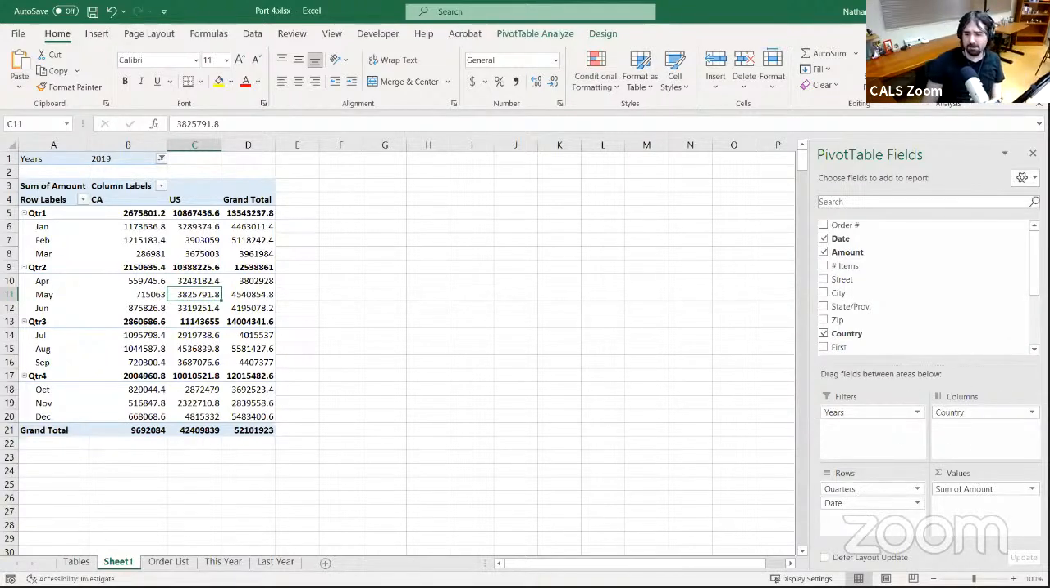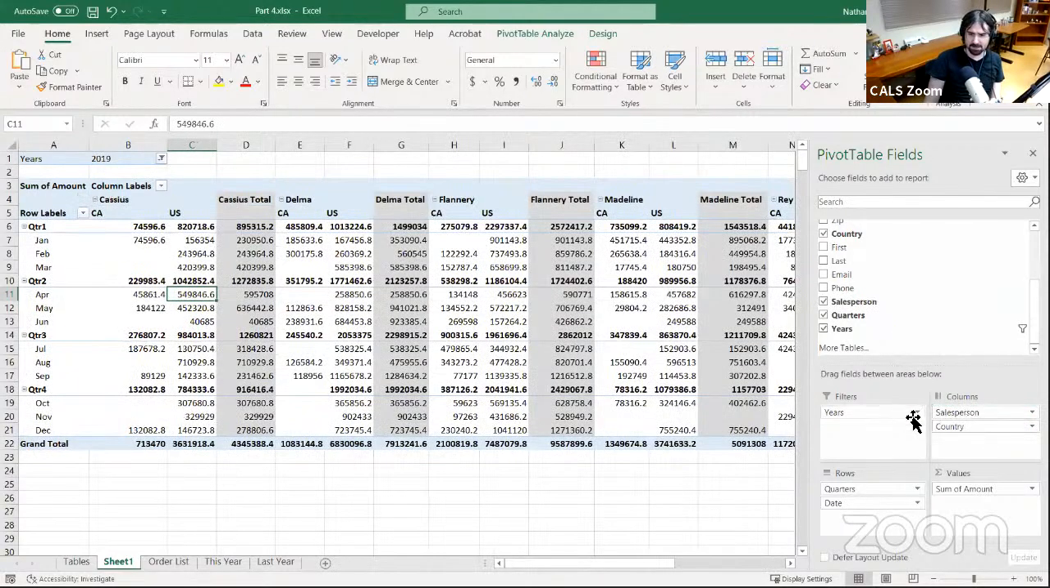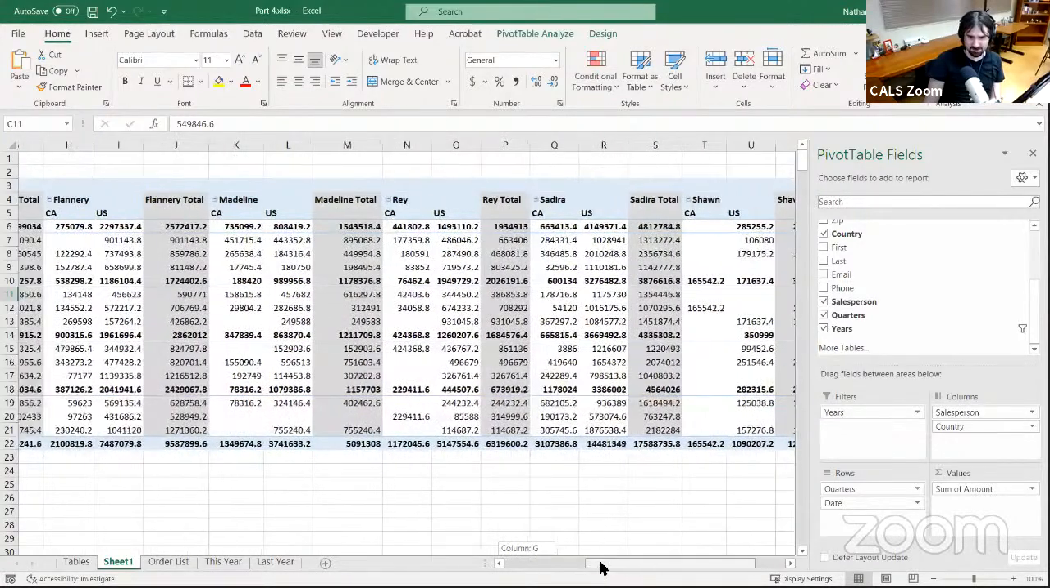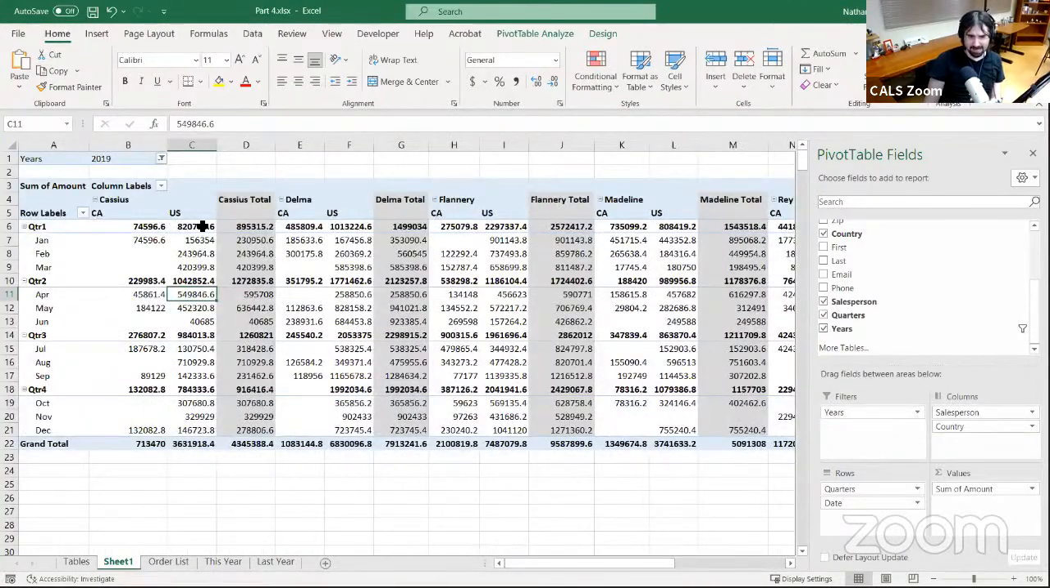You can take this and tweak it in a lot of different ways. Let's add another one in here. I'm going to grab my salesperson field and drag that into columns above where it says country. So now it says salesperson and then country. Now I can look at the performance of each of my individual salespeople. So Cassius over here has, again,